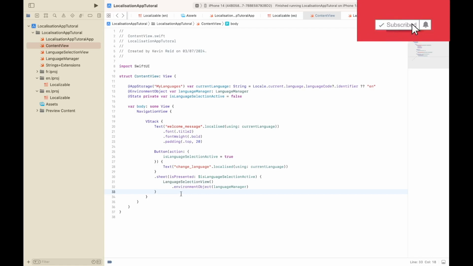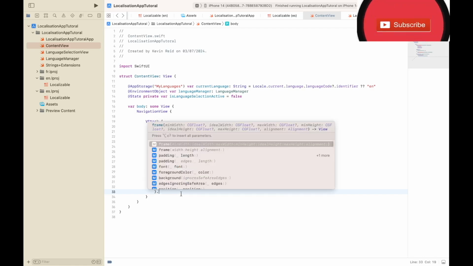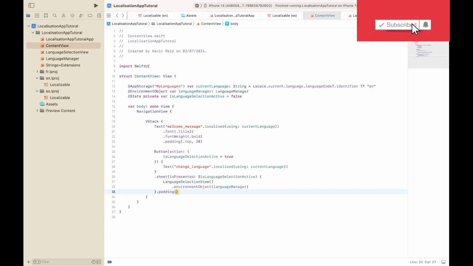We give the sheet a bit of padding, 20, and then